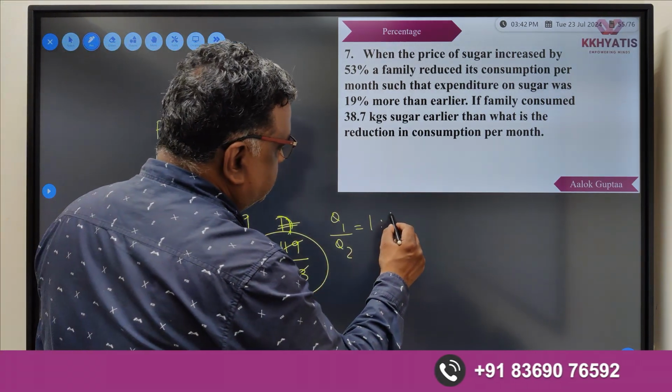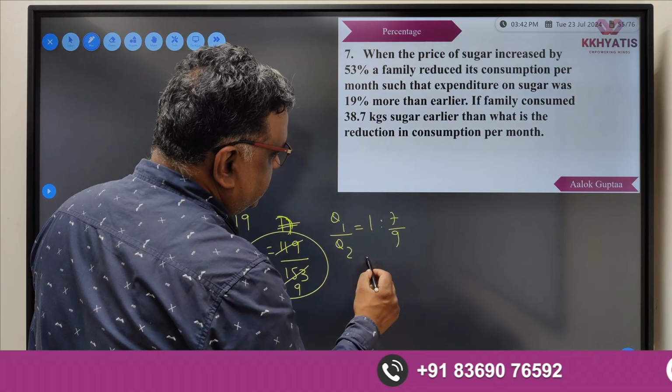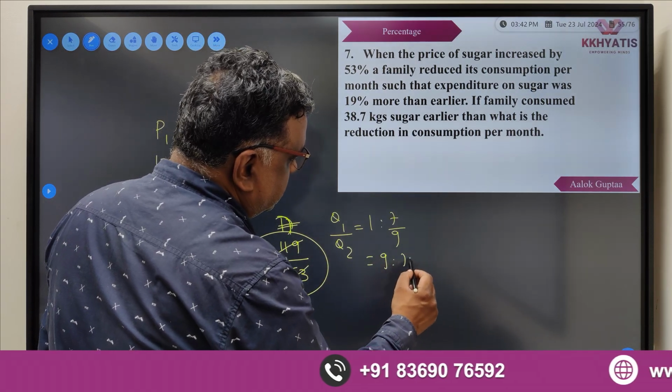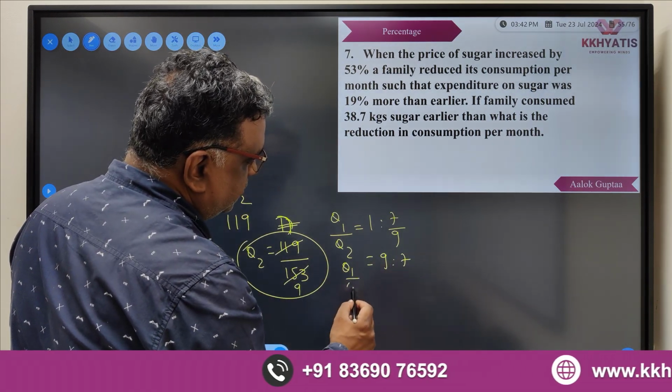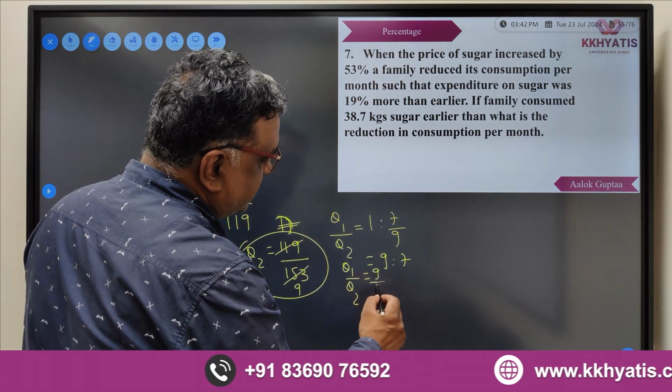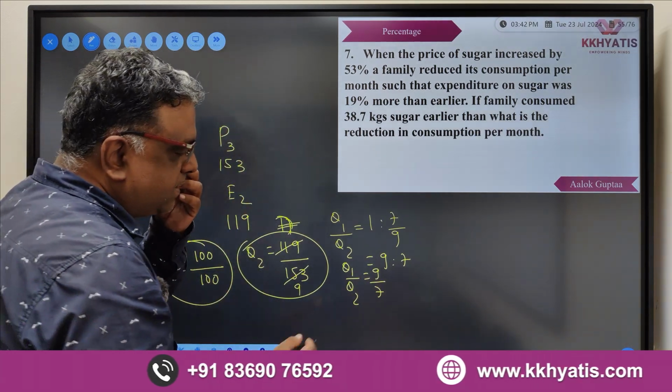So the ratio is 1 is to 7 by 9, which means 9 is to 7. So the ratio of Q1 upon Q2 came out to be 9 upon 7, which means my consumption